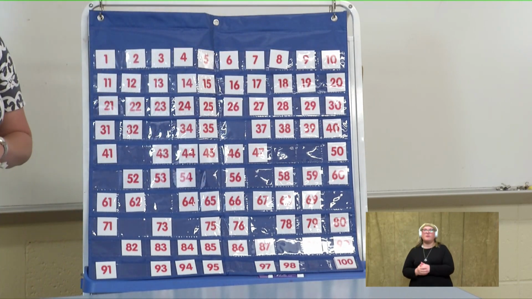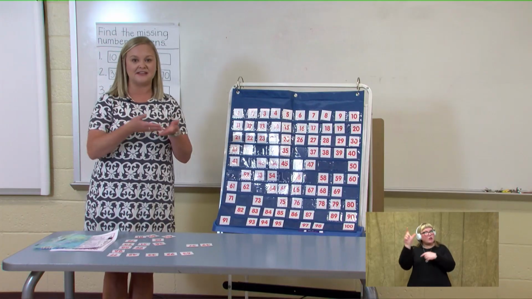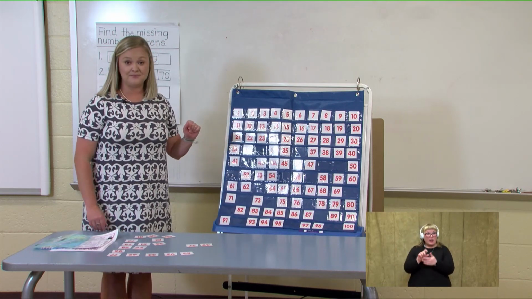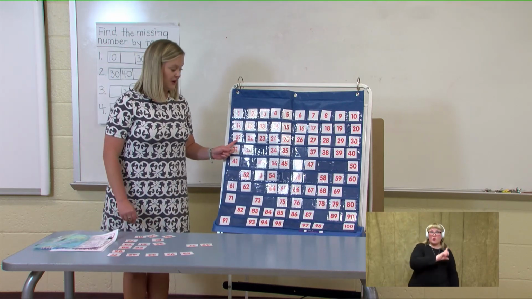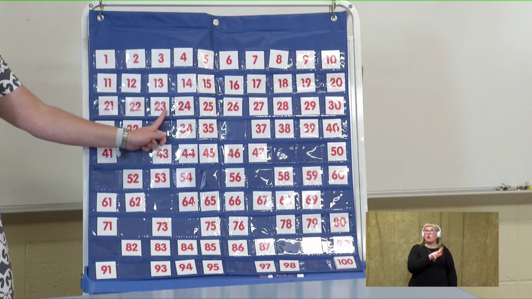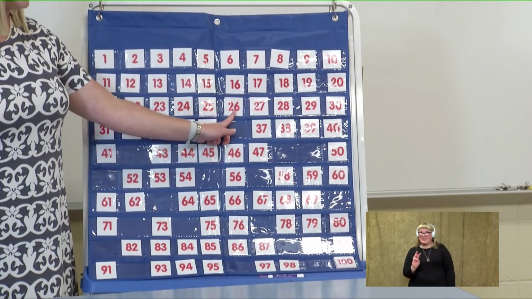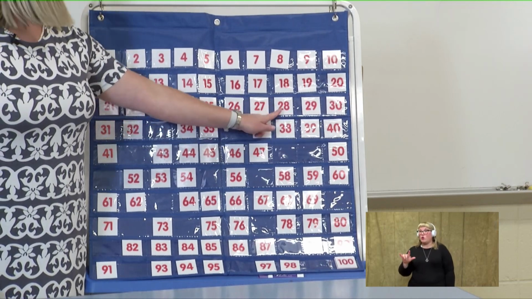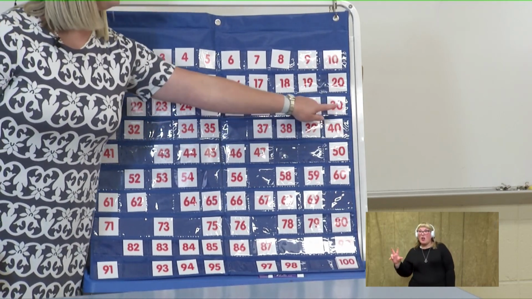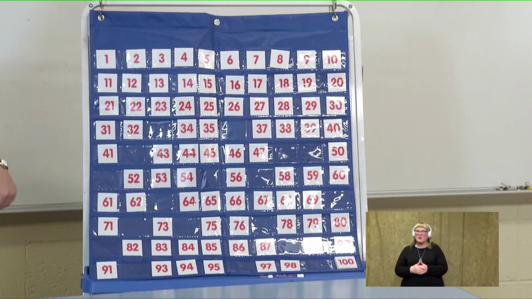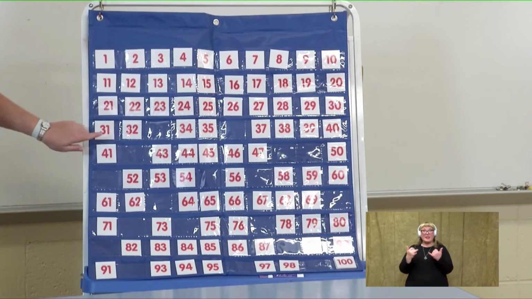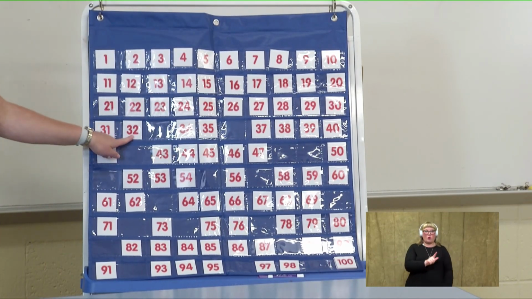All right, so we've got that whole row complete. Do you think we can count that entire row together? Let's do it. 21, 22, 23, 24, 25, 26, 27, 28, 29, 30. Awesome job. Okay, now let's do the next row. 31, 32,